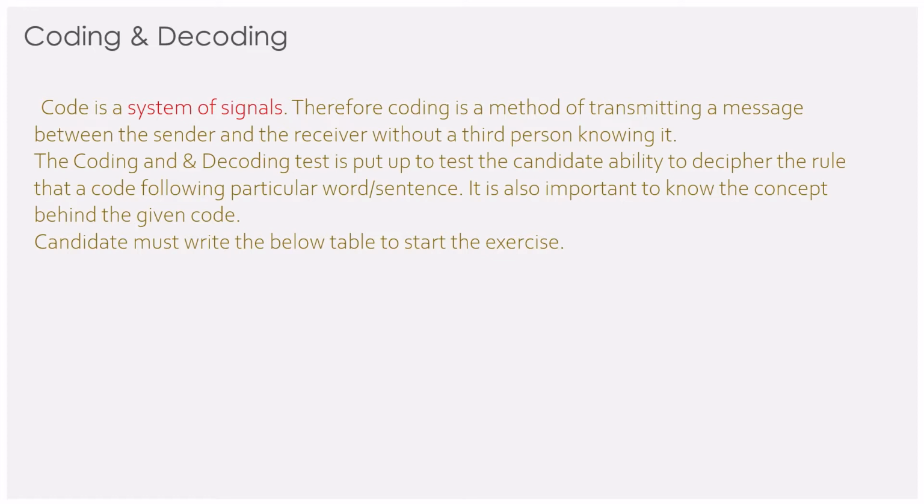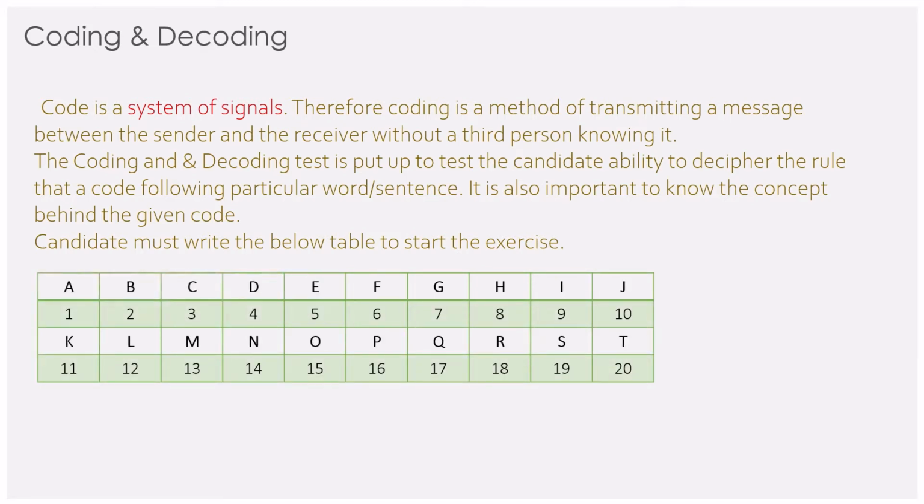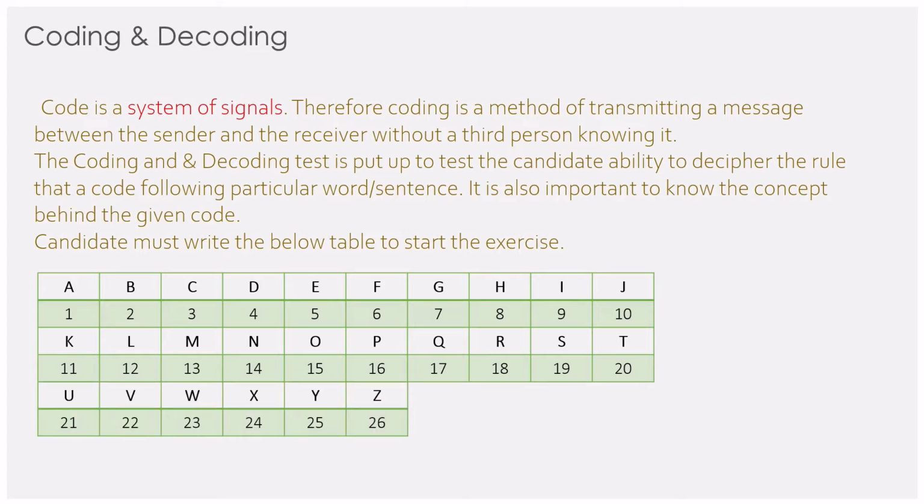The candidate must write the below table to start the exercise. So let's see what the table is. That is an index table. It's a simple table. Anyone can recognize that. It starts from A to Z, and this note must be followed, because to start solving the problem very quickly, you have to write down this table on rough paper, not neatly as I showed you on the page. You can just write it roughly like ABCD until Z, and 1 2 3 4 below it. Just give some space from row to row so that you can write 1 2 3 4.